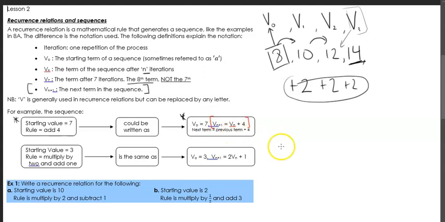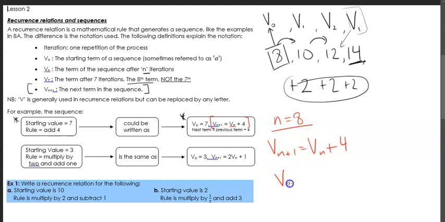And you can see why this terminology is being used, because let's just replace n with 8 iterations. Okay, so n is 8, so there's been 8 iterations. So let's just say n is 8. So this V of n plus 1 is equal to V of n plus 4. And this is just saying, anywhere we see an n, we'll just replace it with an 8. We see an n here, so we're going to replace this with an 8, and 8 plus 1 is equal